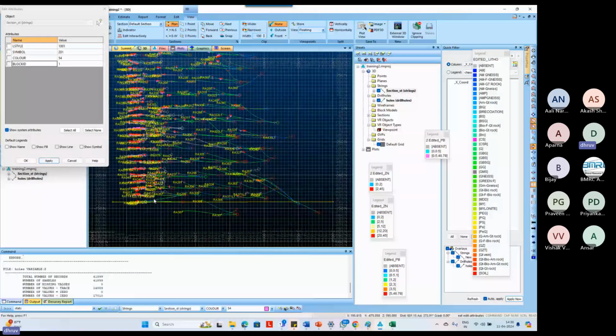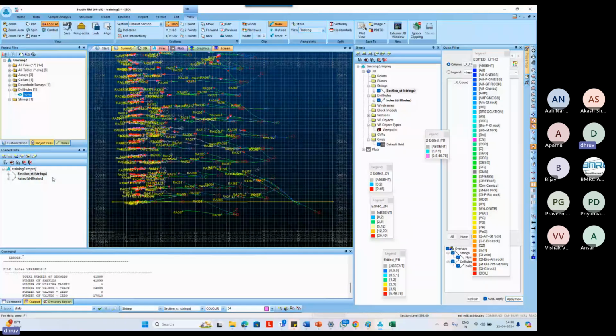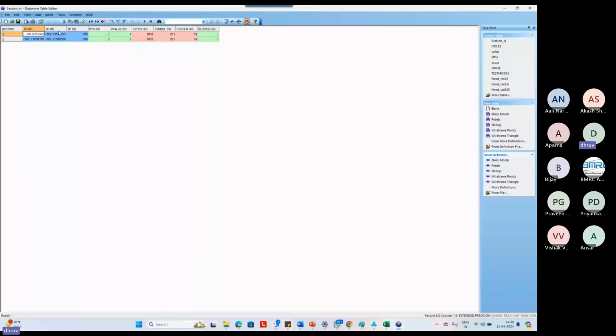Okay. Now in your string file, if you save it, this is all right now in the loaded only, but because you saved it, there is a folder created called string file where you can see your section string. If you double click, you will see XP, YP, ZP, which are the XYZ coordinates of the string file. PTN, P value. What is PTN, P value? You will see PTN will change and P value is constant because P value will be a single number for each of the strings. So because there is only one string, there is only one P value. But because in that string, there are multiple